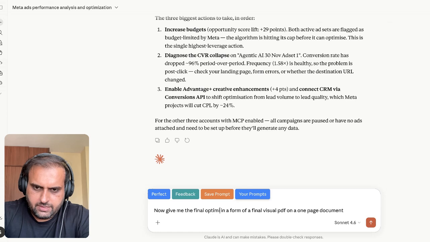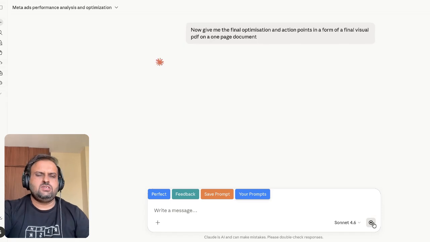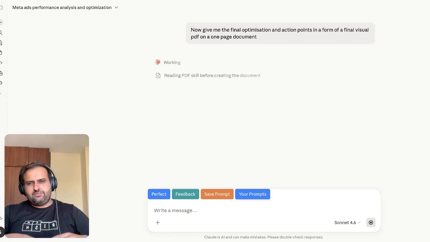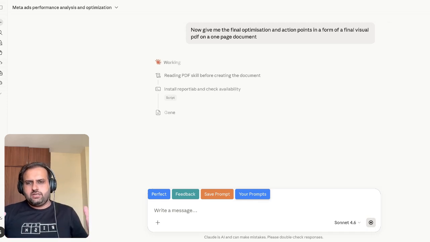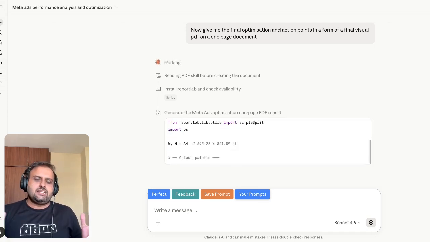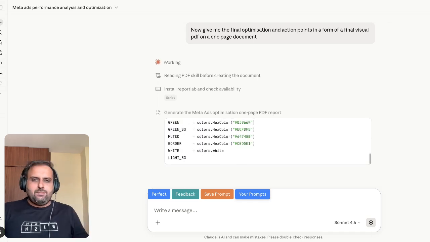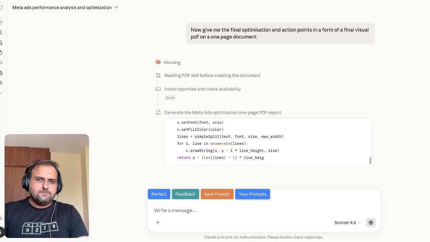Optimization, final optimization or action points, I will call it. So again, you can play around with this, create different kinds of reports, in whatever format you want, a PDF, a PPT, or a document, and it will give you that. The entire idea is that you do not need a technical understanding of Meta and all the stuff. Now you can connect it with Claude, and it will give you all the inputs,